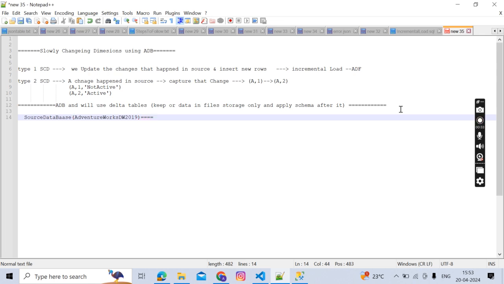Then we'll pick data from it, or capture data from it, and put it into an ADLS folder, right? We'll call it the raw layer. Okay. Then once we have our delta in our raw layer, or data load layer,